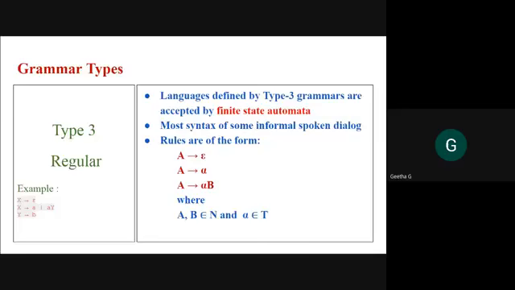So you see that from type 0 we are going for more rules. In type 0, there is no restriction on alpha tends to beta. In context sensitive, you replace with the context, that's it. But when you go to type 2 and type 3, only one non-terminal has to be on the left hand side. On the right hand side there is no rule in type 2, but in type 3 that is also a rule. So while going down the hierarchy, you are imposing more rules. That's the 4 types of grammars.